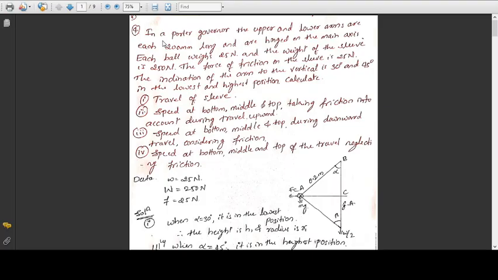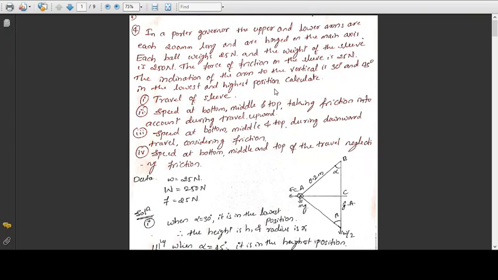So here the problem statement is: in a Porter governor the upper and lower arms are each 200 mm long and are hinged on the main axis, that is on the governor axis. Each ball weighs 25 Newton and the weight of the sleeve is 250 Newton. The force of friction in the sleeve is 25 Newton. Then the inclination of the arm to the vertical is 30 degree and 45 degree in the lowest and highest